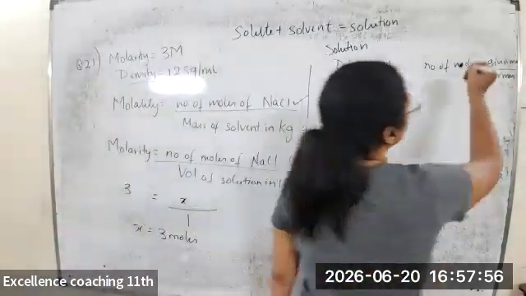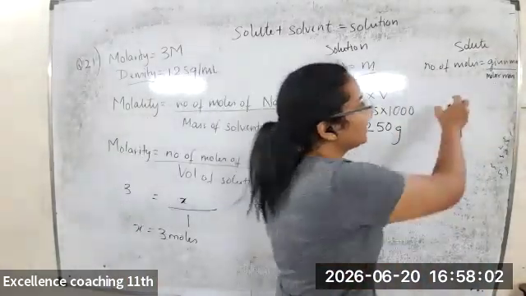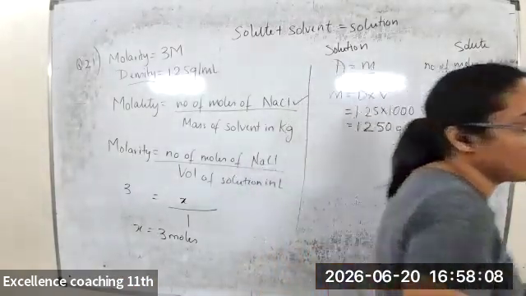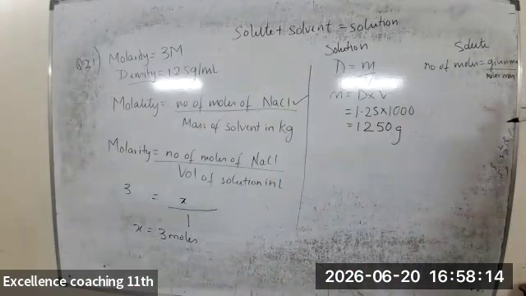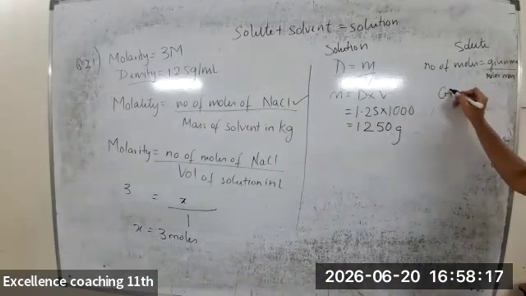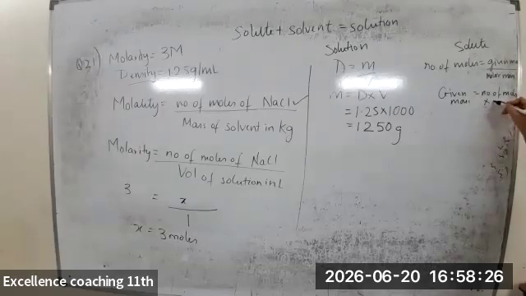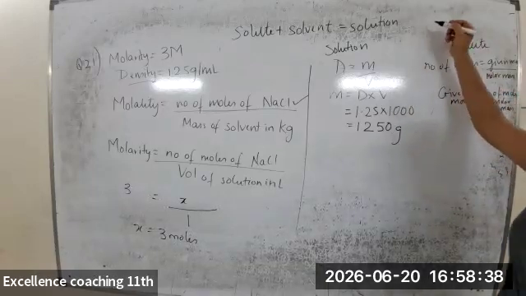Okay. So now let us move on to the solute, finding the mass of the solute. What do I have to find here? Number of moles. From where did I get number of moles? From that molarity formula, right? So I will rearrange first. This will be the given mass, and this will be number of moles into your molar mass, or molecular mass. So number of moles is 3 into the molar mass of NaCl, which will be Na